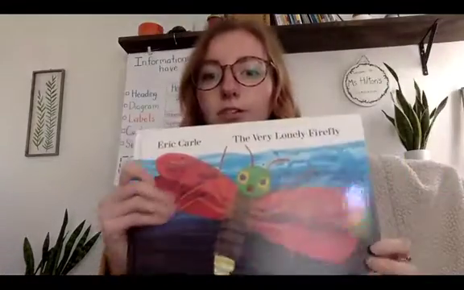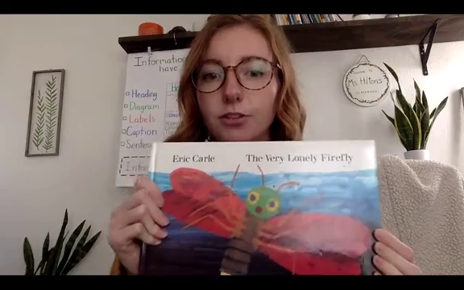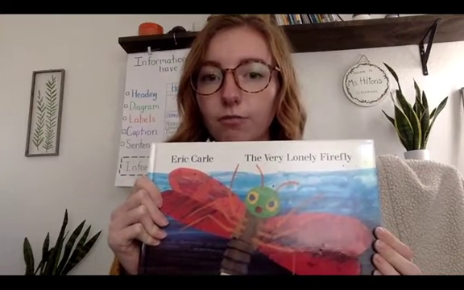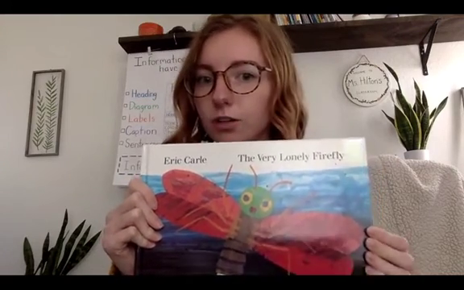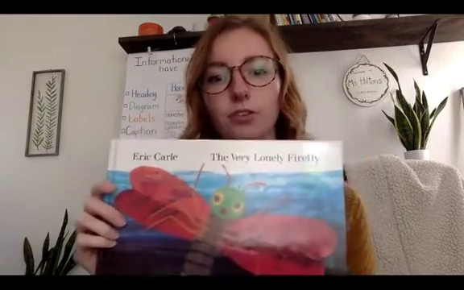I have two books, and I want you to tell me if the book is fiction or nonfiction. First, we have The Very Lonely Firefly. Is this fiction, fake, or nonfiction, not fake? This is fiction. This is a made-up story.